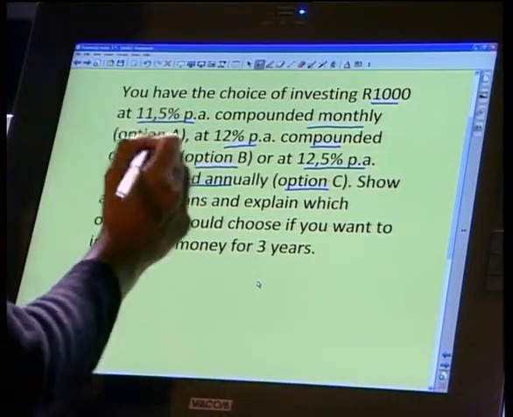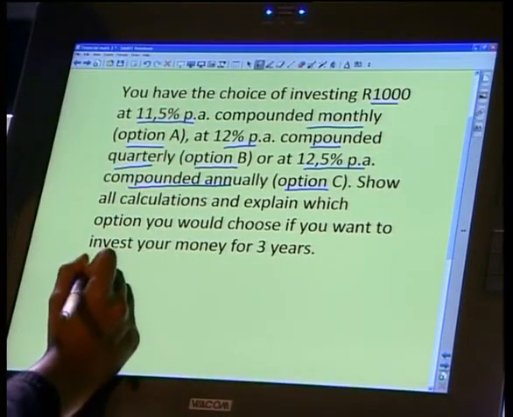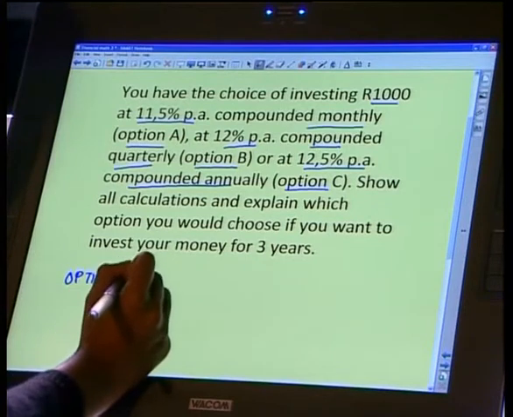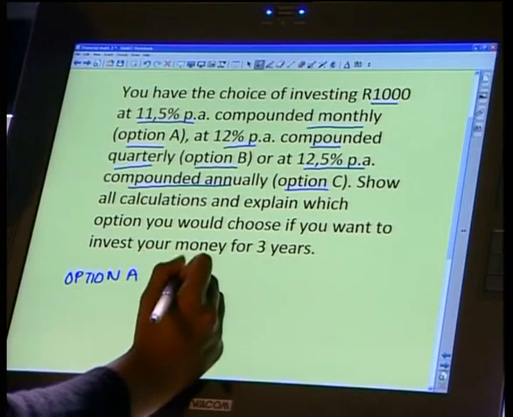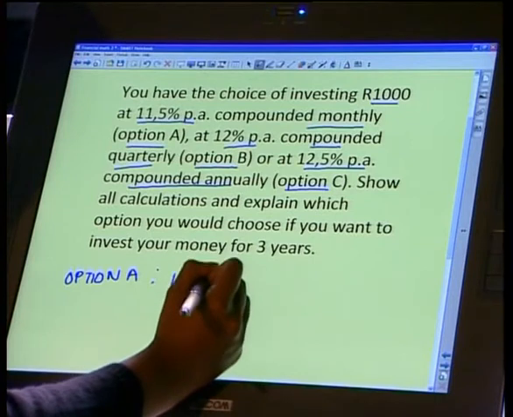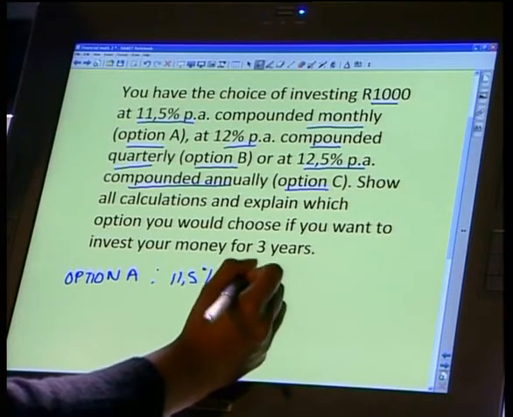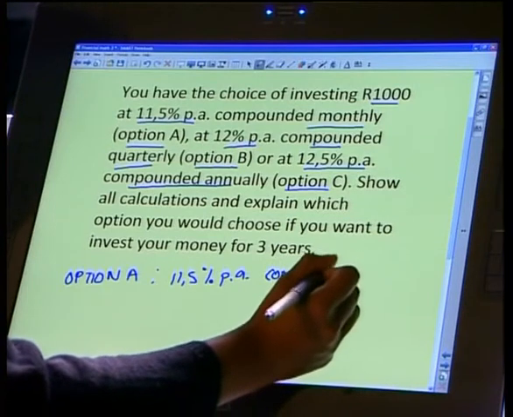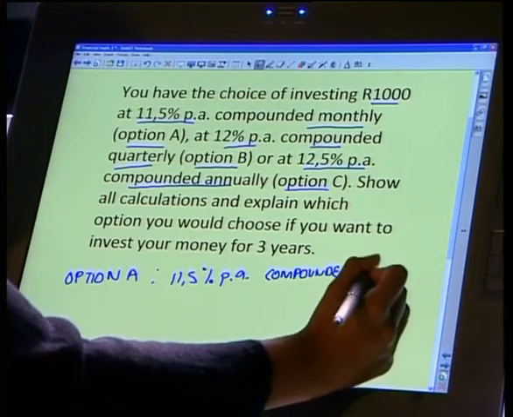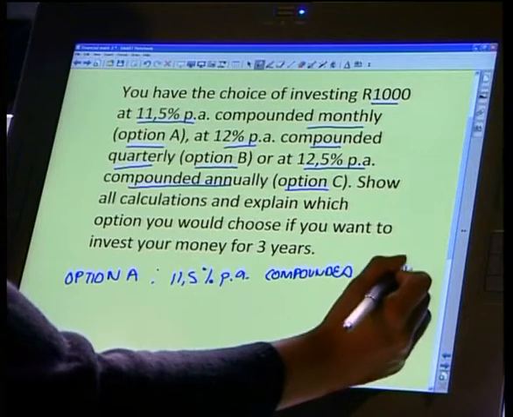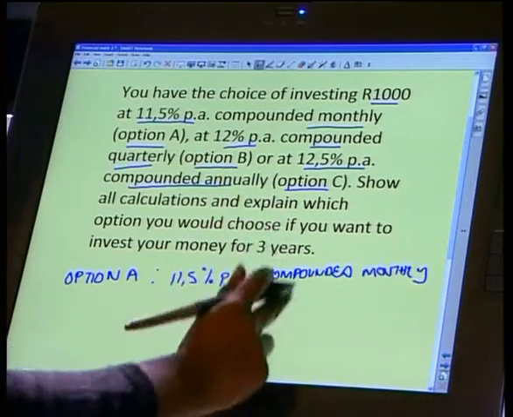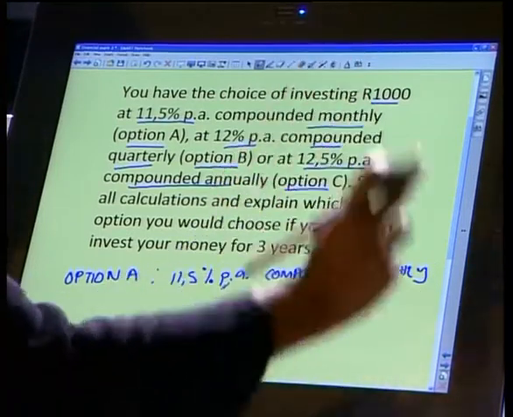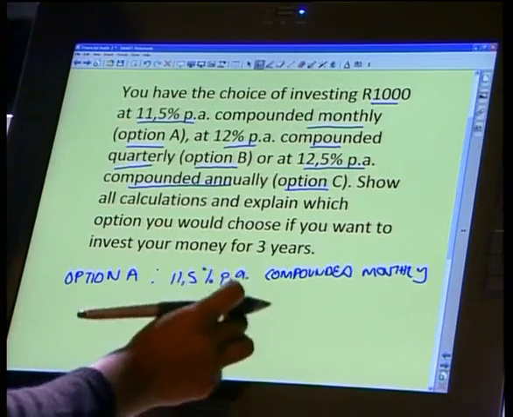Now the first option, option A, offered us an interest rate of 11.5% per annum, compounded monthly. Now what that means is that every month, compounded monthly, every month you are going to get interest added